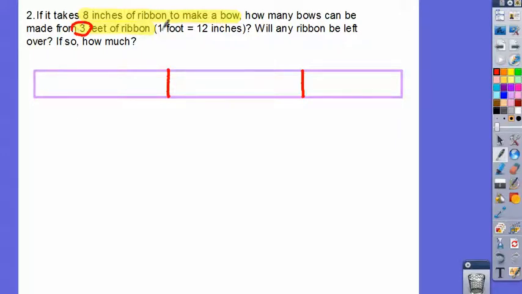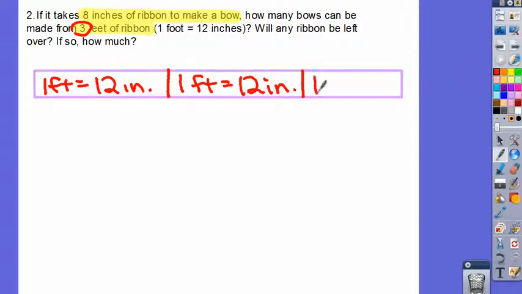So if it's telling me here 1 foot is 12 inches, so if this is 1 foot, 2 feet, 3 feet, so this is 1 foot equals 12 inches, 1 foot equals 12 inches, and remember IN is the abbreviation for inches. Really what it's saying is I've got 12, 24, 36. So this is going to equal 36 inches. So now that I know 3 feet equals 36 inches,